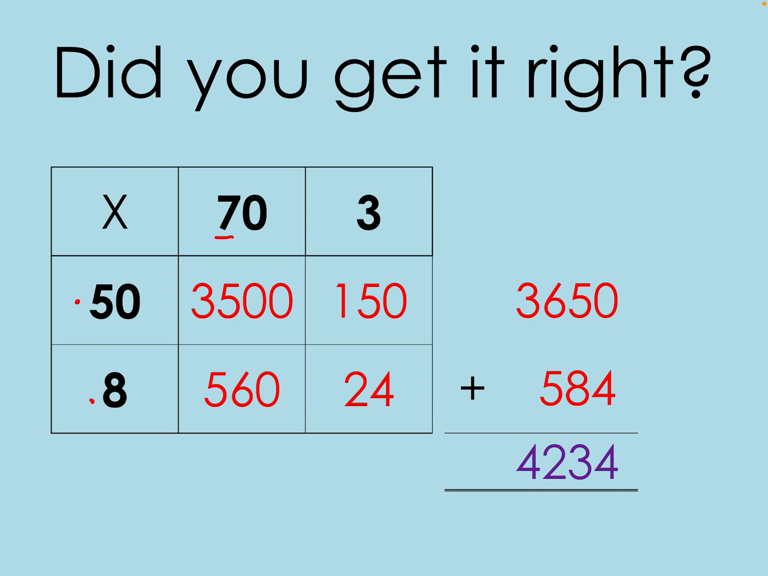So if we have a look, we've got 7 multiplied by 5 is 35, and actually that's 50, so that would mean 350, and 70 times 50 is 3,500. 3 times 50 is the same as 3 times 5 times by 10, and that is 150. 8 times 7 is of course 56, but that's actually 70, so it's 10 times larger, 560. And 8 times 3 is of course 24. Add all those together and you should get